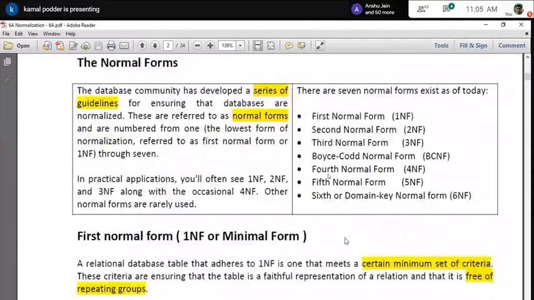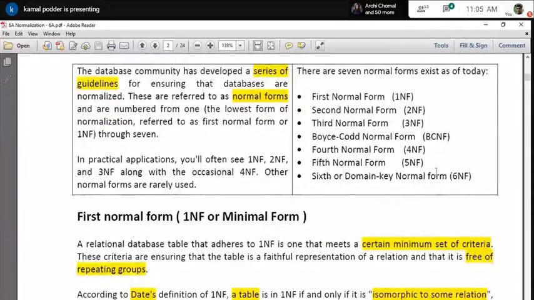Here in our syllabus we cover up to 5. But in practical sense, in most cases you will find that up to 3rd normal form is more than sufficient. In a very complicated database, rarely a problem occurs which might need your BCNF and 4NF. And 5NF, 6NF you may not encounter in your lifetime while designing a database, but it is not unnatural. It can also occur. That is the reason that when you design any database, up to third normal form you have to apply.